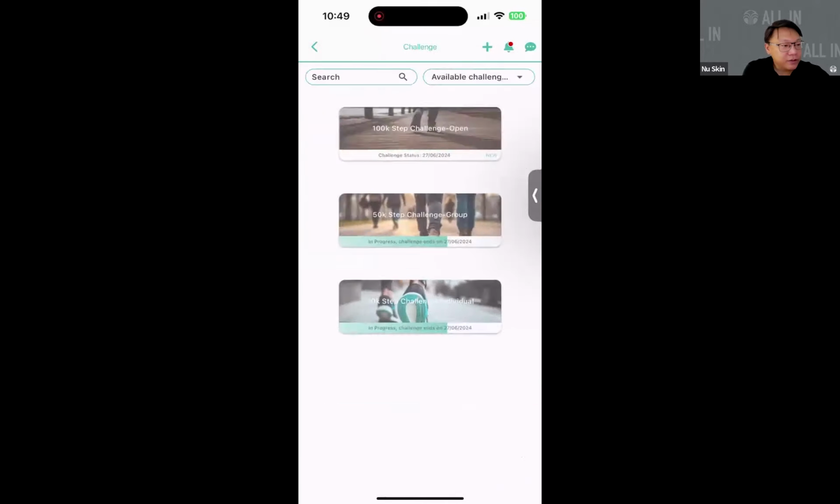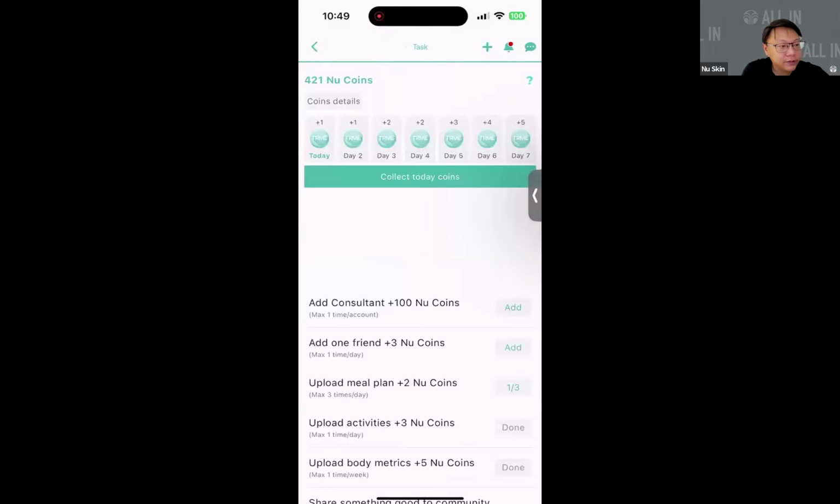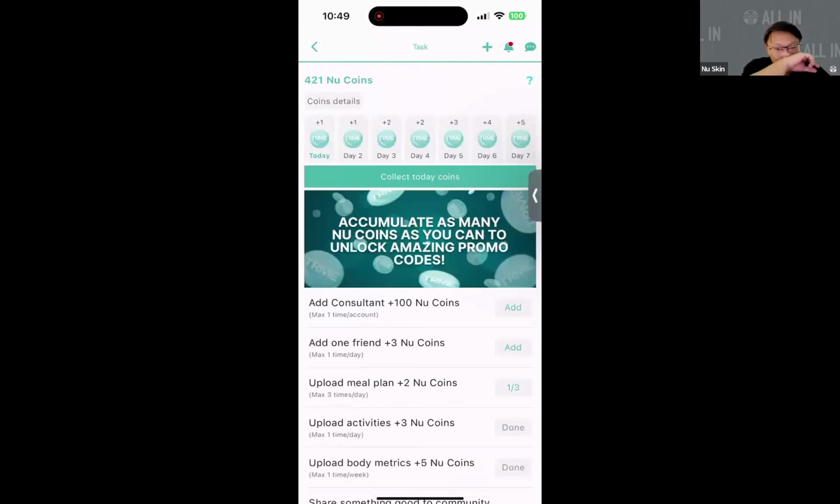Right. So while we are at this page, I'm going to talk about the daily tasks as well. Okay, we have lots of ways for you to earn coins. Okay, so what we want to encourage you to do is come into this application daily and do some of the daily tasks, and those tasks, trust me, are something that you are already doing. It's just a matter of coming in to record them, right?